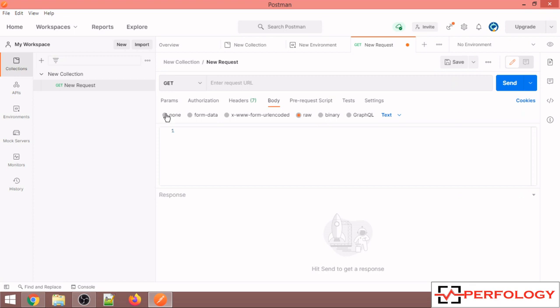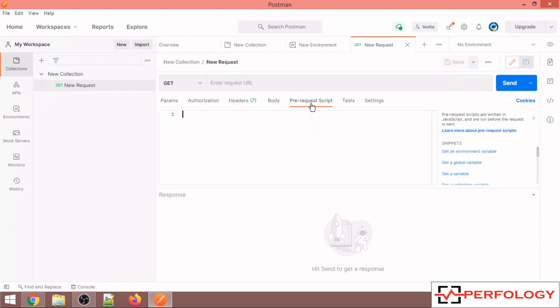So using this option you can enter the request body. Prerequisite script, so basically you can write any script over here, and the programming language for that script should be JavaScript. This script will be executed before the execution of your request. So if you want to do any kind of test cases before your request is executed, you can write that script over here. Similarly, if you want to perform any action after your request has got executed, you can write a script over here. Again, to write a script over here, the programming language should be JavaScript.